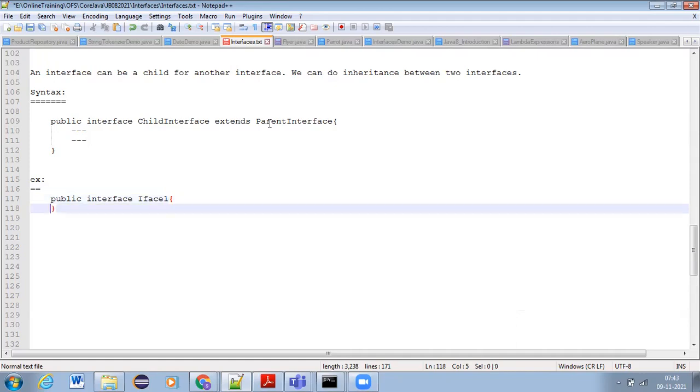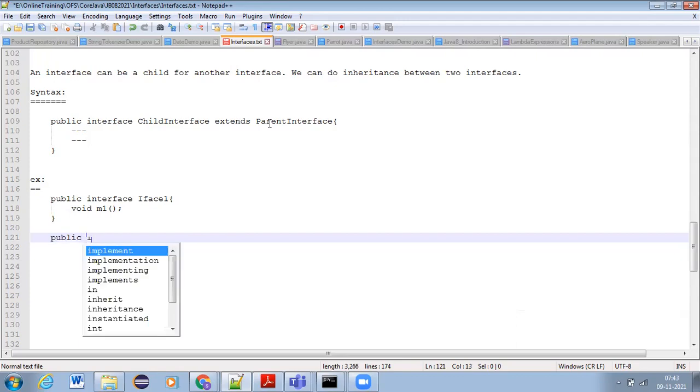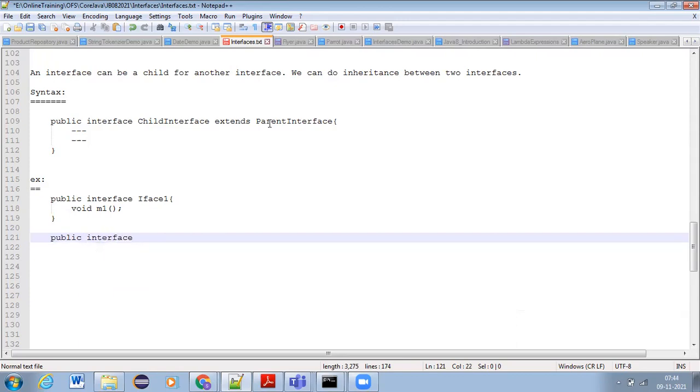In Iface1, I have a method, void m1, one simple method. Next I have another interface, Iface2.